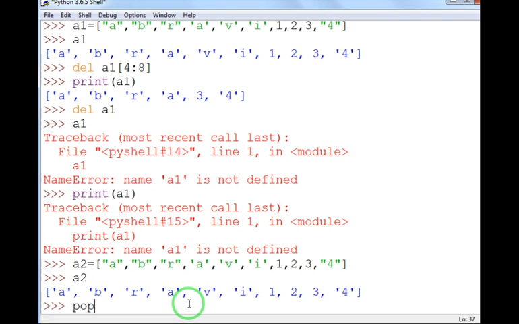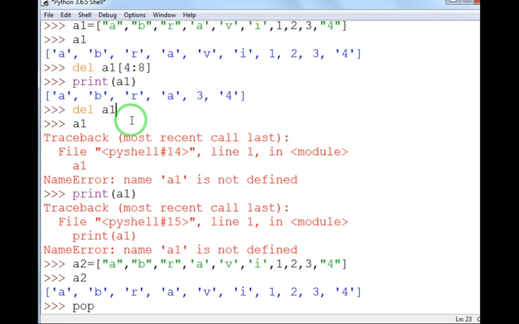So if you use del A1, it will delete all the elements and the list object too. After this, no object named A1 would exist.